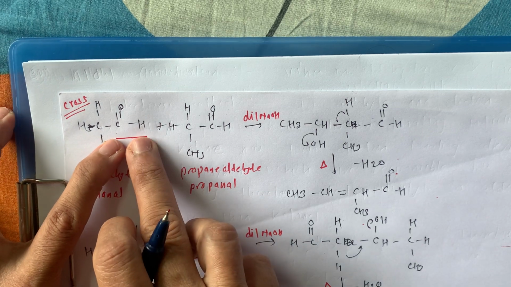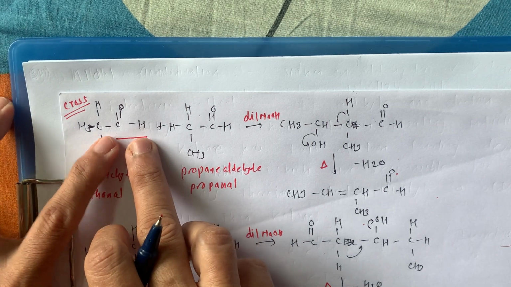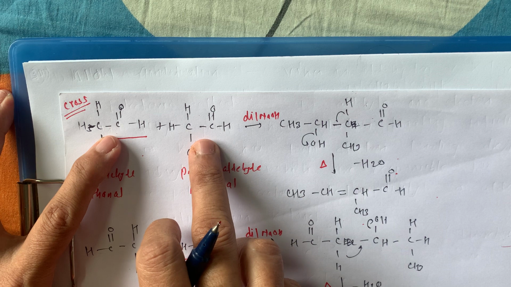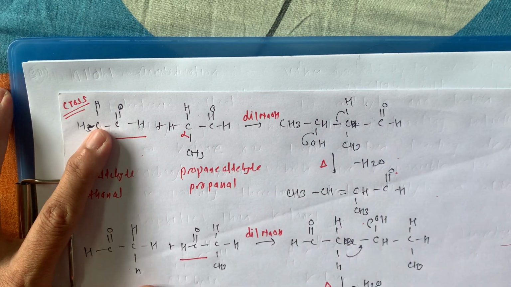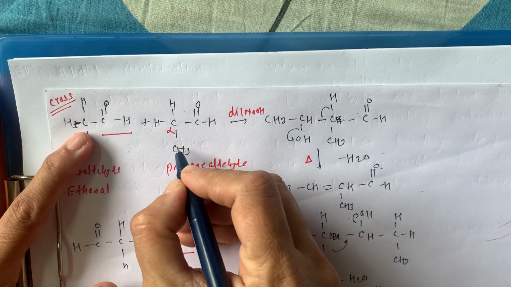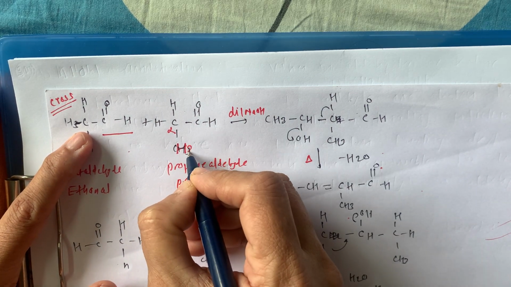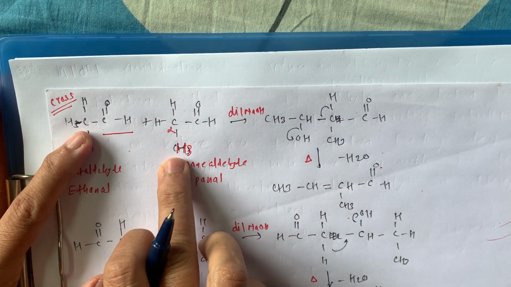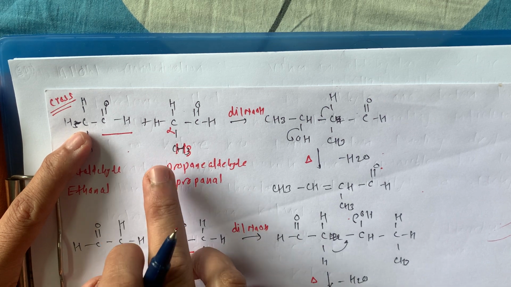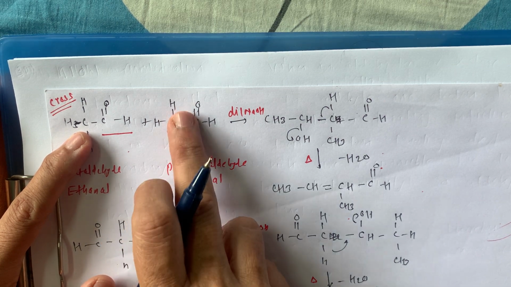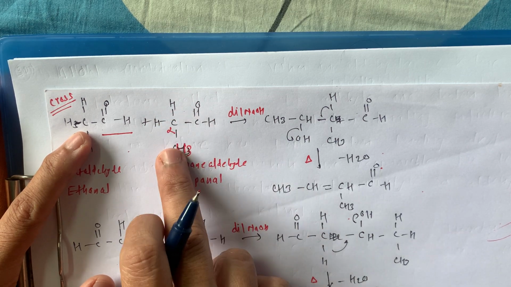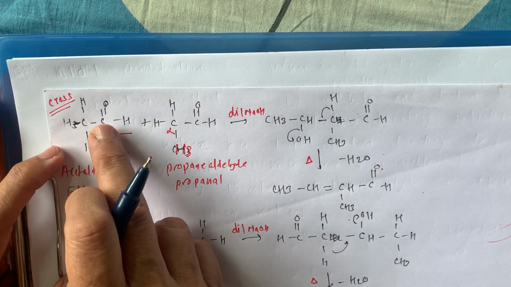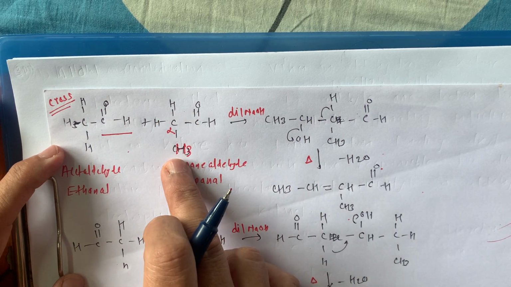Again, if I think about this functional group, this is the alpha hydrogen, and this is the carbonyl carbon. And one more methyl group is here. Instead of H in acetaldehyde, now in propanaldehyde we are writing this CCH3 like this. So 1, 2, 3, while this is just 1 and 2. This is 1, 2, 3.